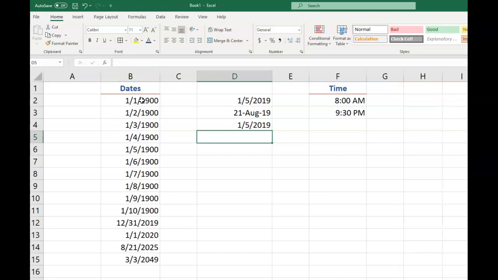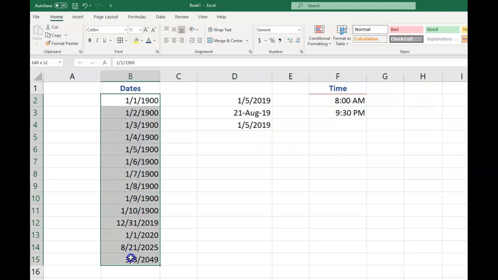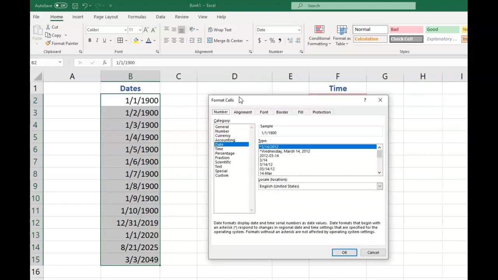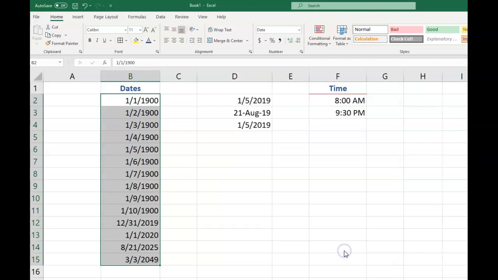So here's how you format dates. I'll just select my column of dates here. I'm going to launch the number group. Opens up the Format Cells dialog box. I see date. I have all the date options. So if I wanted the long date, it would give me the day of the week spelled out, the month, the day, and the year. I can scroll down, and I'm going to choose the March 14th, 2012. That is just showing the format. That's not showing the date. I select it, I hit OK,